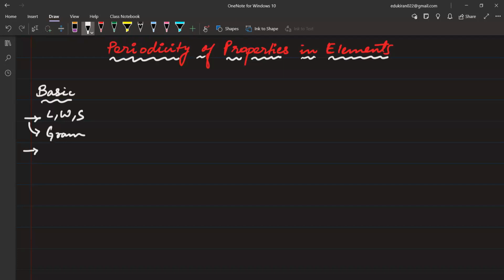And then you also have to learn a few new terms, for example, molarity, molality, all of these are new terms for you, right? So in basic concepts, we understood the language of chemistry that we are going to use. Then we went to the next very important thing, that is the structure of atom. Because everything happens inside an atom, we started to look at the structure of atom.